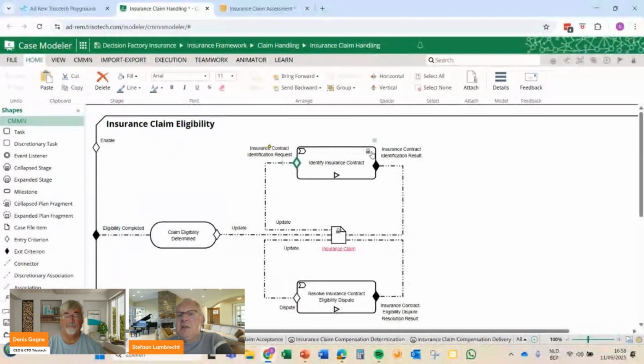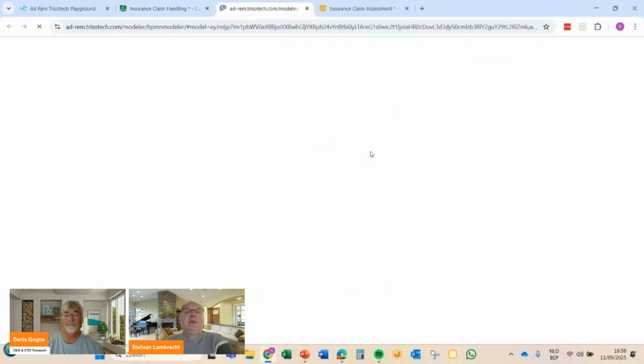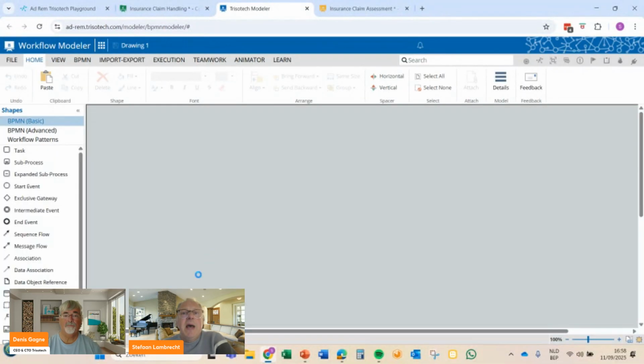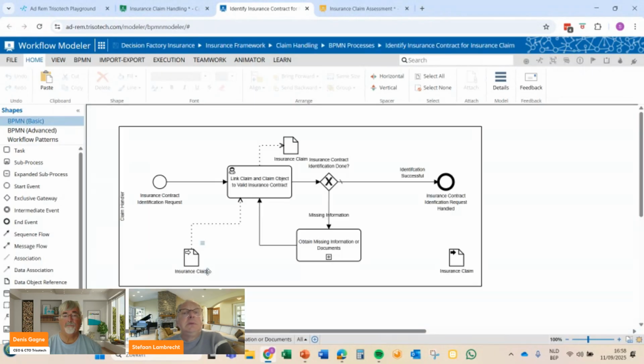And this process is a BPMN process in which a user, and a user will be the claim handler,